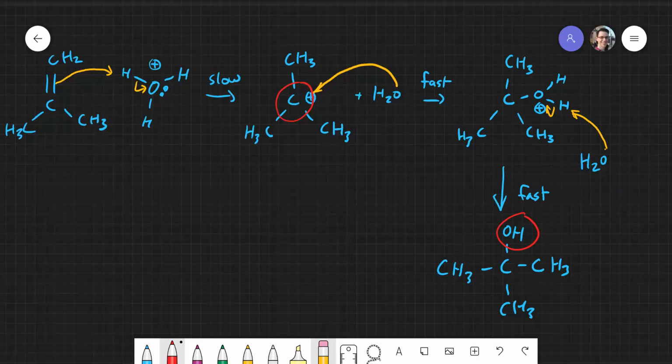Okay, if we were looking at our H2O, Markovnikov's rule states that the hydrogen that's being added is added onto the less substituted carbon in the double bond. In this case, we have 2 carbons in our initial double bond. I'm just going to number them. Carbon 1, carbon 2. And carbon 1 has 2 hydrogens to start, while carbon 2 has no hydrogens. So we would say carbon 1 is the less